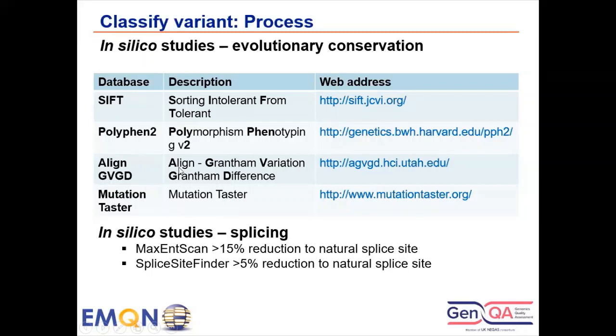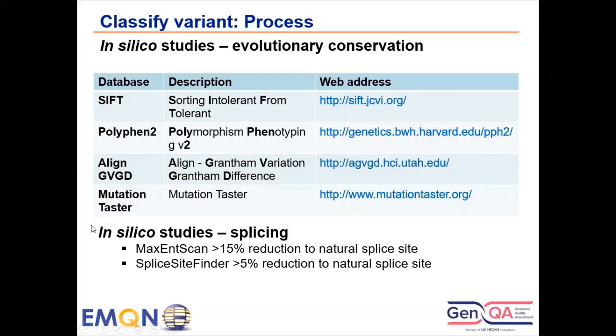These are also the tools that are applied in the Alamut software, but they are also freely available through the internet. However, be careful, they are often contradictory, so they should not weigh too much in the evaluation of your variant